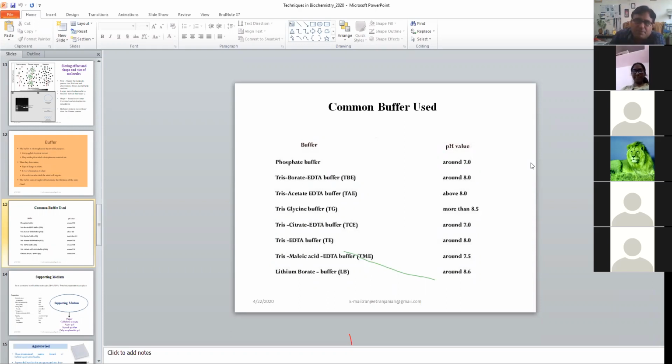For chelating. It chelates the ions. Exactly. And why do we want EDTA to chelate the ions? What is the purpose? Otherwise, if there are DNA-degrading enzymes present, those ions are cofactors for them. Exactly. All the nucleases are basically metalloenzymes. They have one or another metal as a cofactor, so EDTA will chelate the metal and will not allow those nucleases to act on the particles which you are going to separate.